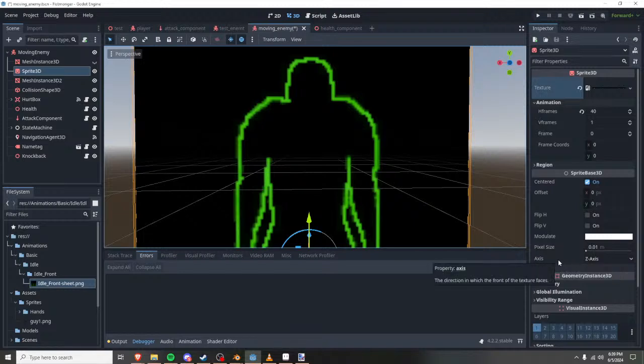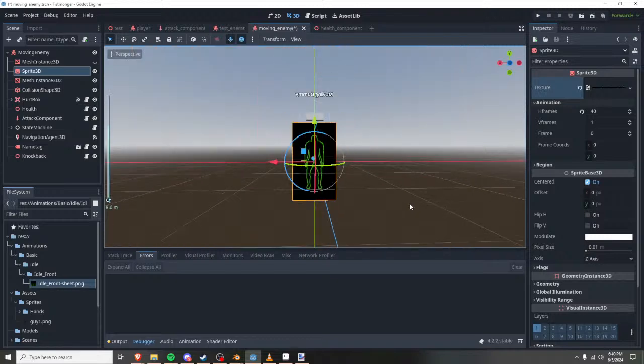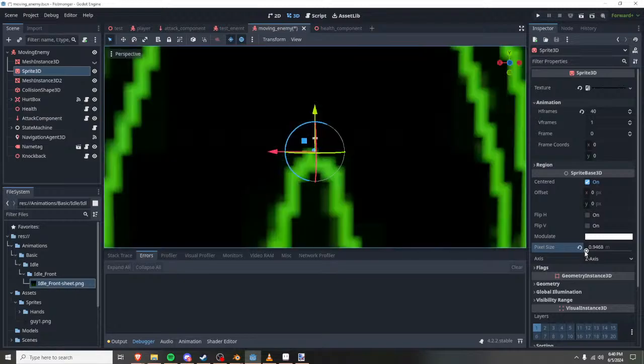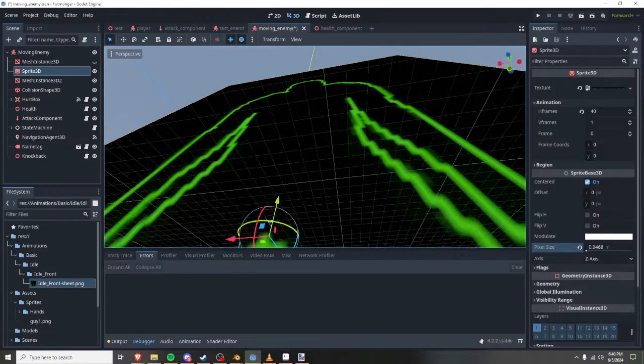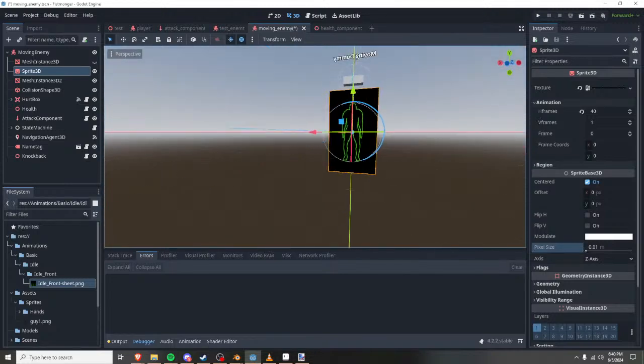Sprite based 3D. You would think there'd be something here. Ooh, that's not right at all. What did that do? I want to know what this does. It just makes it huge. Okay. I don't actually need to bother with that, so. Yeah,